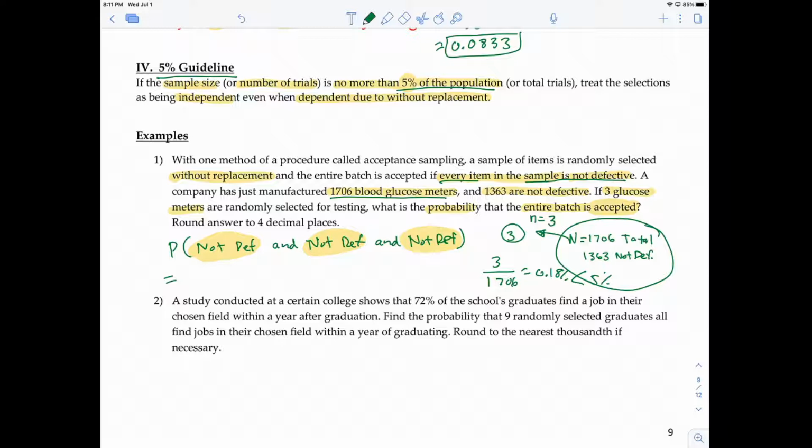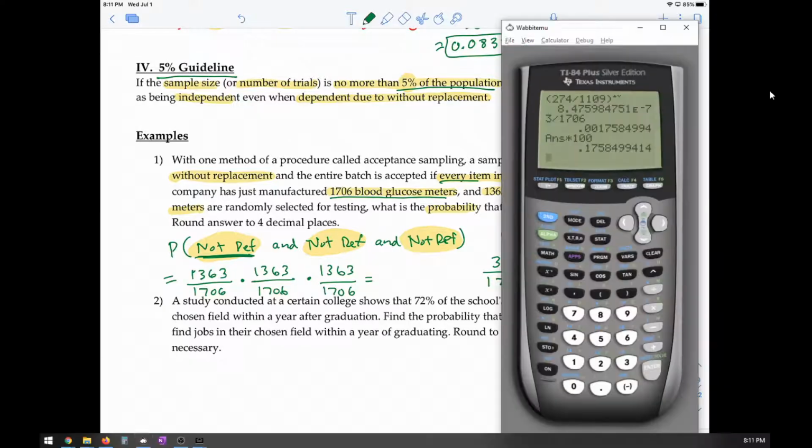So we know that the probability of getting the first one not defective is 1363 ways to select one that's not defective out of 1706. Times the second one is 1363 over 1706, times 1363 over 1706, and we get our answer, right? We can do the shortcut where we write this as an exponent, raised to the third power, and there's our answer. So approximately